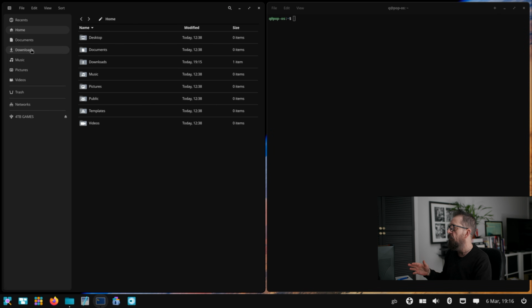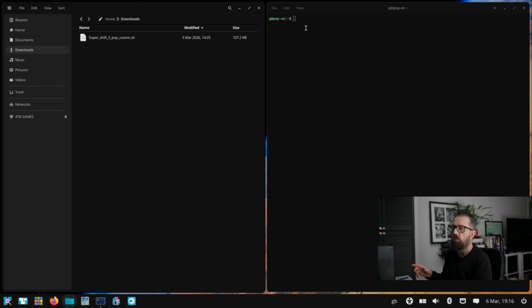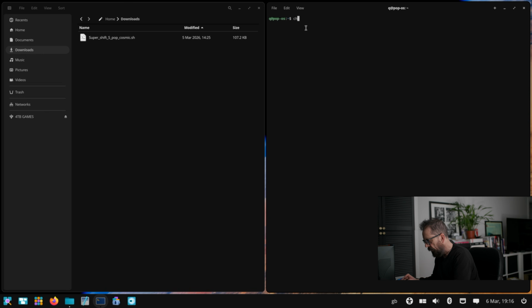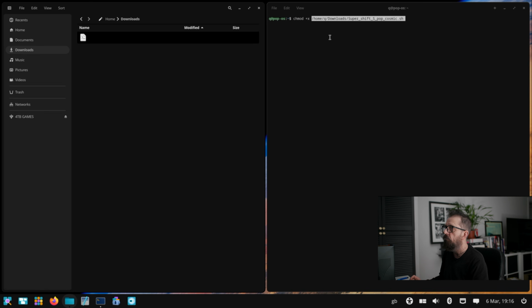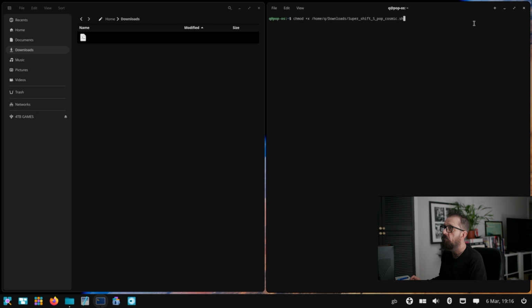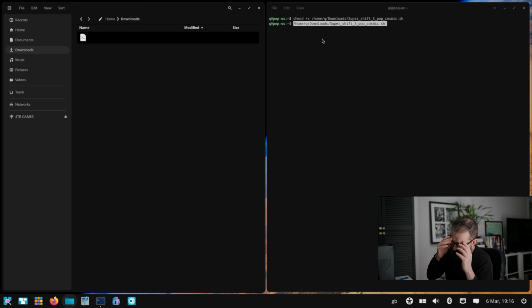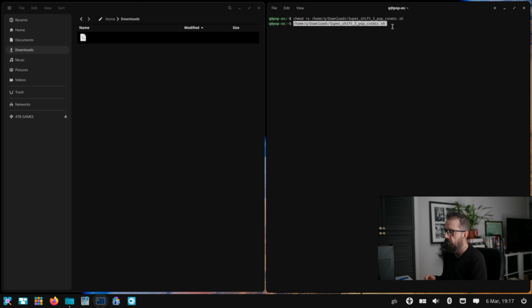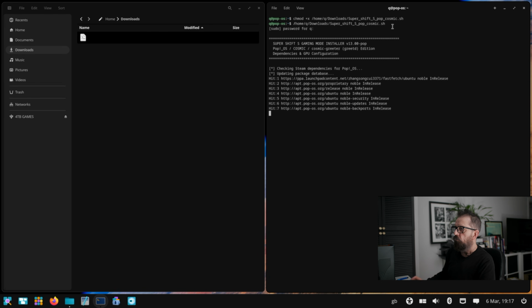So, all right. So in downloads, I've got my Pop Cosmic one, and over here I've got a terminal. So let's just chmod +x and drag that over, do the install. And let it go. Now, again, I had to rebuild this from different places. It's closer to what the Mint one was than coming from Arch to a Mint conversion was tricky. But this is middle ground because they're both Debian, so it's like sort of Ubuntu background and stuff. So let's go password,